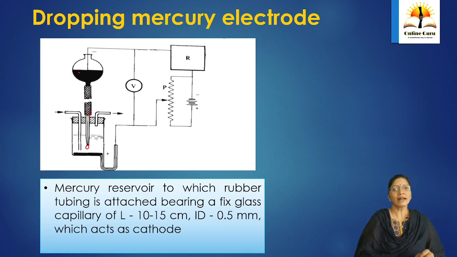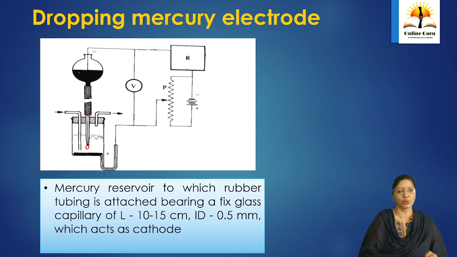Okay, so that leads to behave as the electrode surface. So this will be in contact with platinum, and that will be connected to a resistor, where you are going to have a voltmeter which is going to provide us the potential required magnitude, and a potentiometer which can monitor the potential on the surface. Here at the end you can have the mercury pool behaving as the other electrode system.